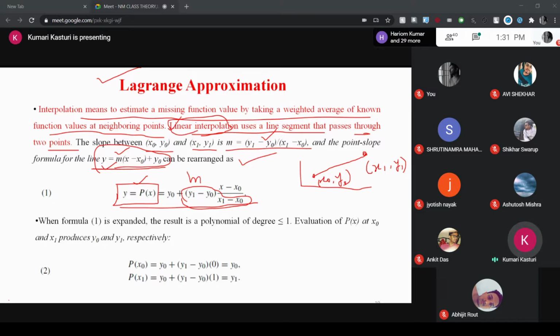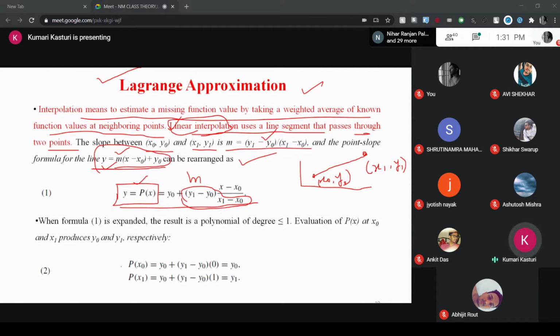Okay. Now, if you are having the values like this, this is your p of x. Now what you have to do, this is one derivation you have done, that how you are going to the Lagrange approximation method. This derivation is done by taking 2 points. Now we have to do it for the 2 points. Then in a generalized form, we can see how it will be written. That thing we have to discuss here.